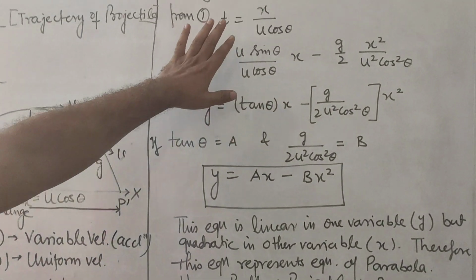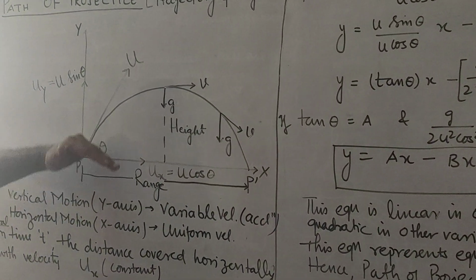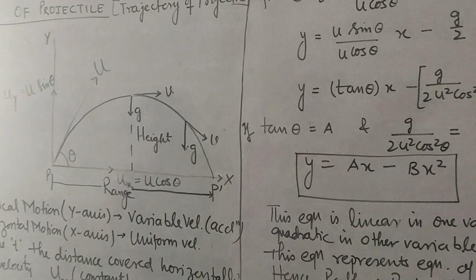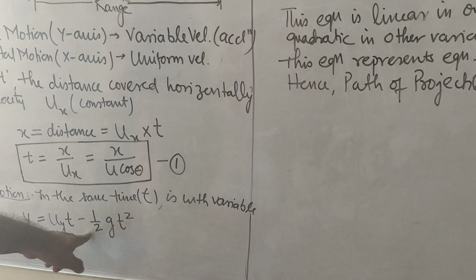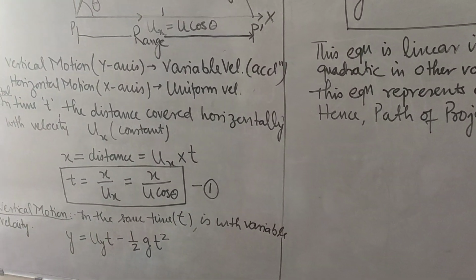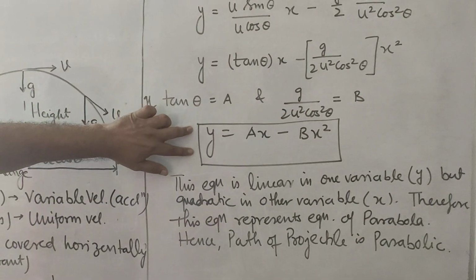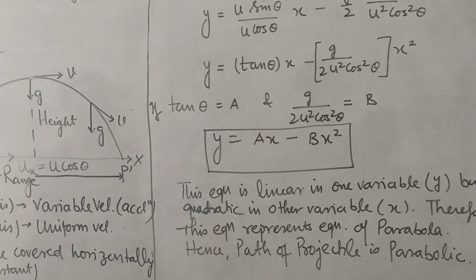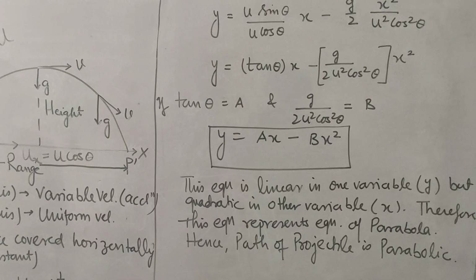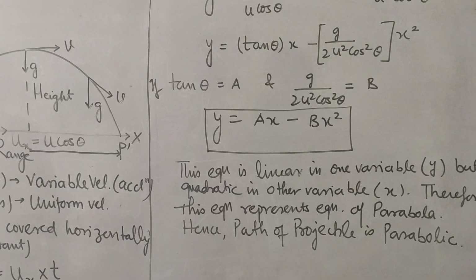Be careful, you have to substitute the same time, because at the same time you are having horizontal motion, that is along x-axis, and vertical motion, that is along y-axis. So for y-axis I have taken uy, s is equals to ut, minus because body is moving away from earth, gravity, so it is minus half gt square. Now put the values and you will get this expression. So this expression is equation of parabola and therefore path is parabolic. Now next we will discuss height of projectile, flight time of projectile and range in the next video.